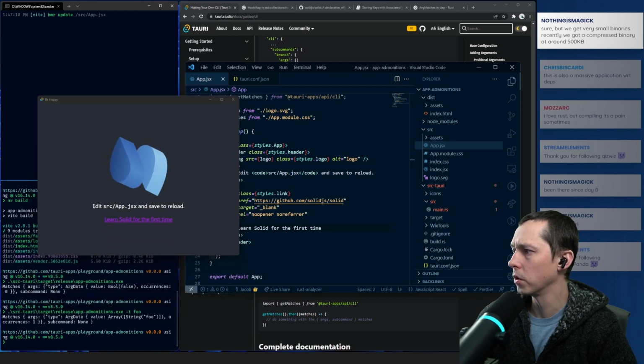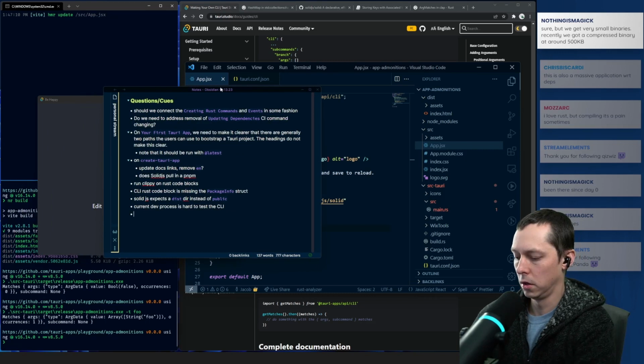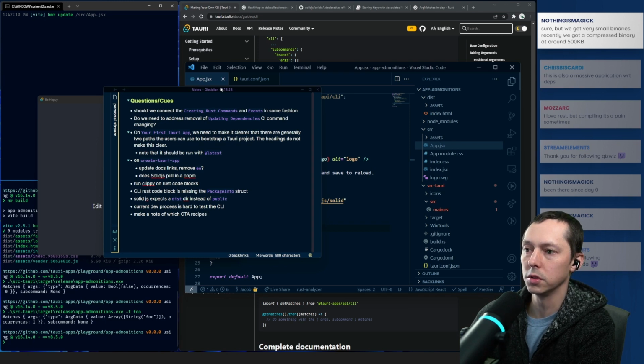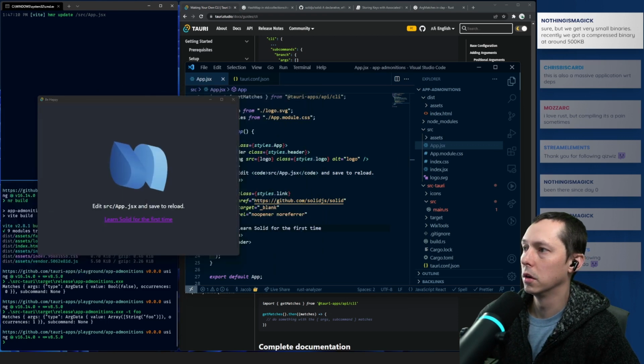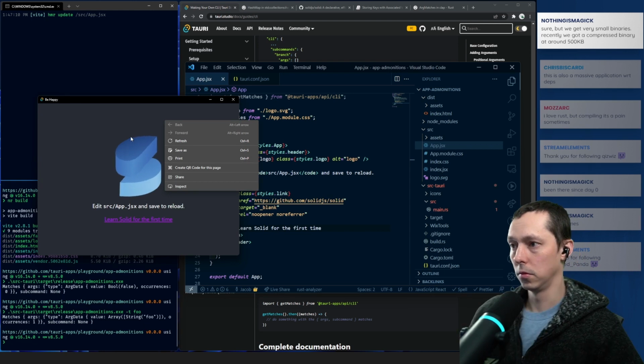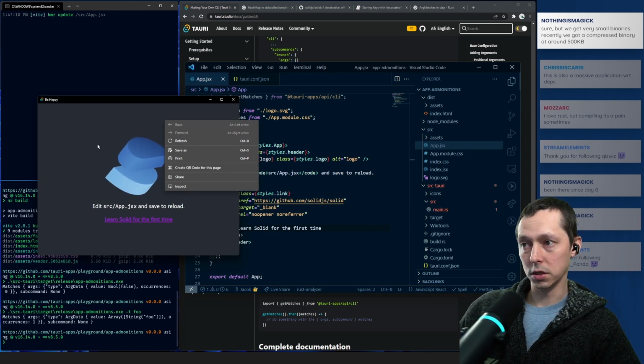We should probably make a note of which of the recipes, we call them recipes in create-tauri-app, have auto refresh. So when you're in dev, this is browser-like,